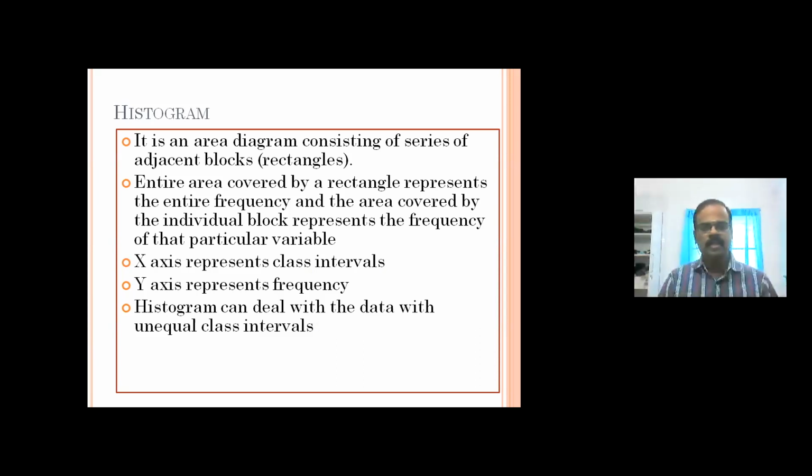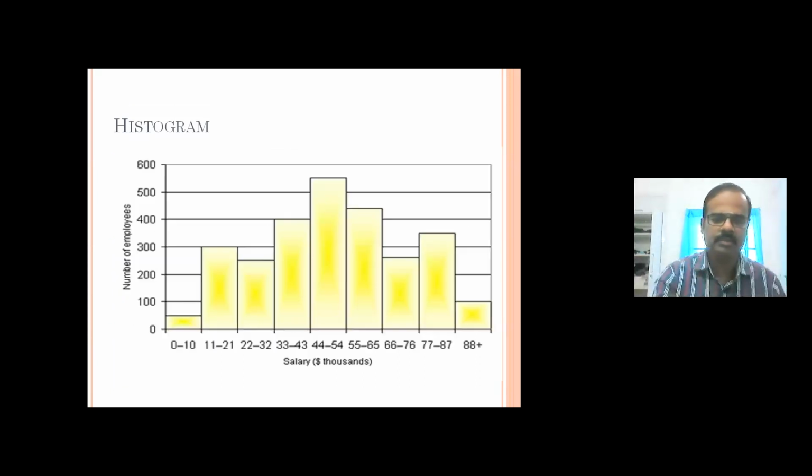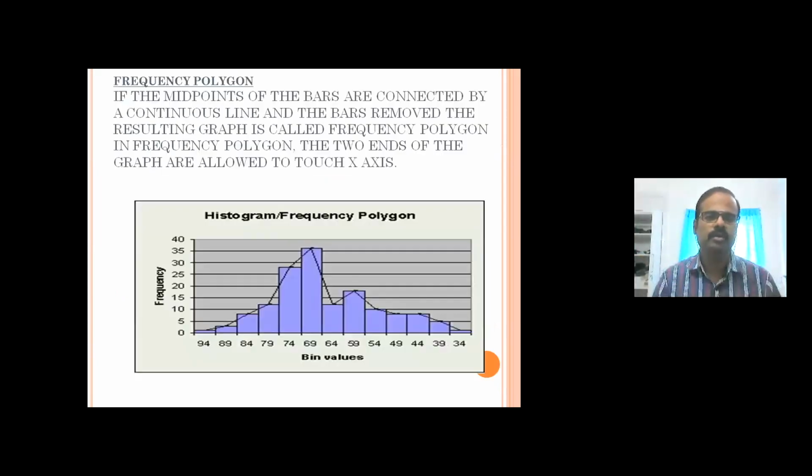So these are the 5 points that you are supposed to write, along with an example or a histogram diagram, and a 4-line explanation, and you will get 4 to 4.5 marks out of 5. This is called a histogram. Moving on to the next important